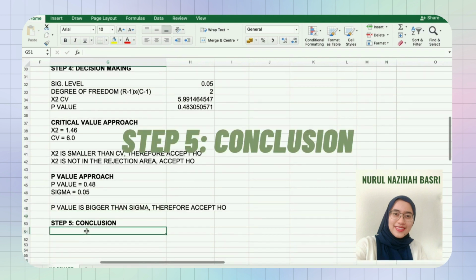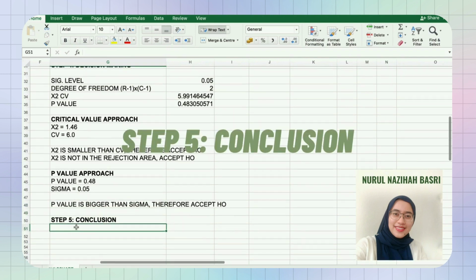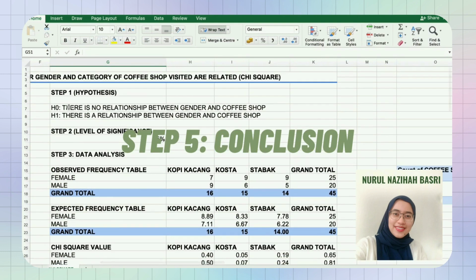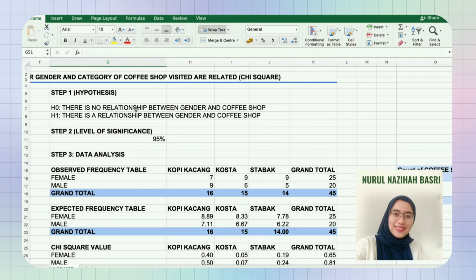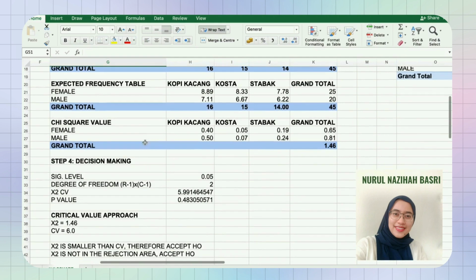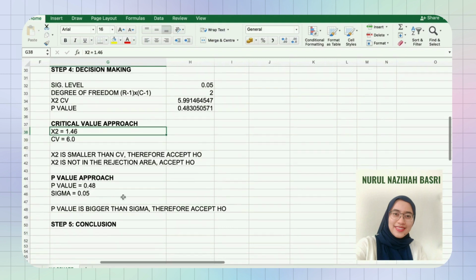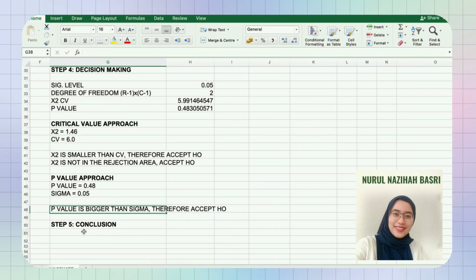So the last part is step 5, which is the conclusion. How to conclude this data is by looking back at the H0. The H0 in this data is that there is no relationship between gender and coffee shop, while the H1 is there is a relationship between gender and coffee shop. Based on the result that we have received here, in the critical value approach and the p-value approach, we both accept H0 in both approaches. So the conclusion will be